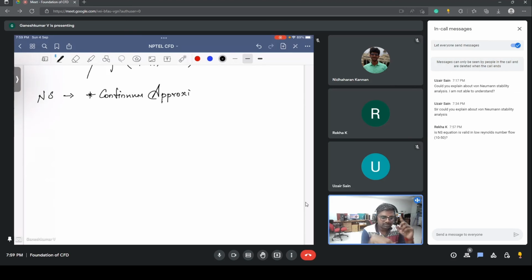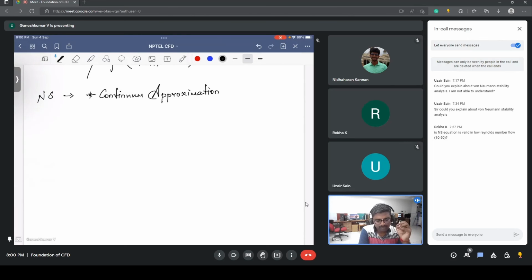This is the only place where Navier-Stokes is not valid. So it has nothing to do with Reynolds number. In fact, Reynolds number is defined based on the continuum approximation. If continuum approximation is valid, then Navier-Stokes is valid. So what is continuum approximation? Within that control volume or any small length scale, if your flow domain is in that length scale, and